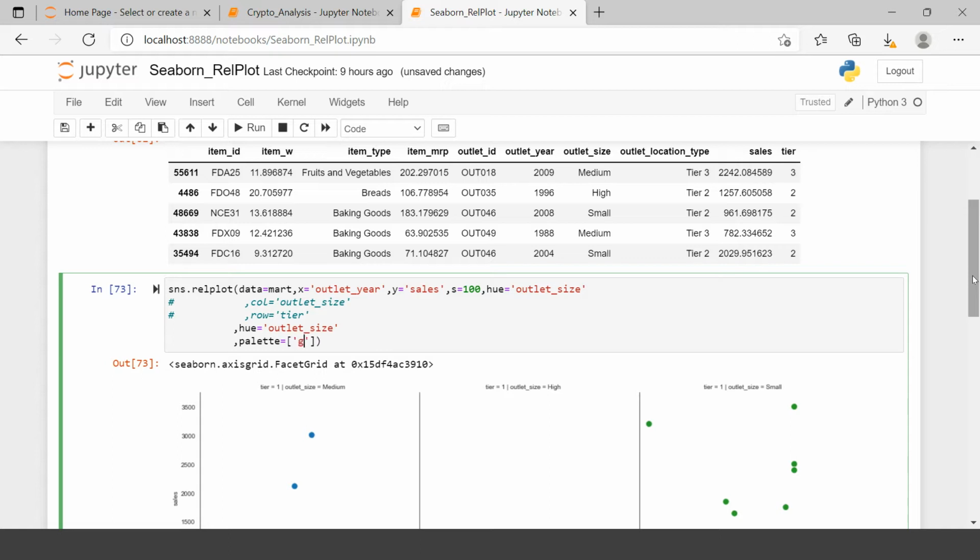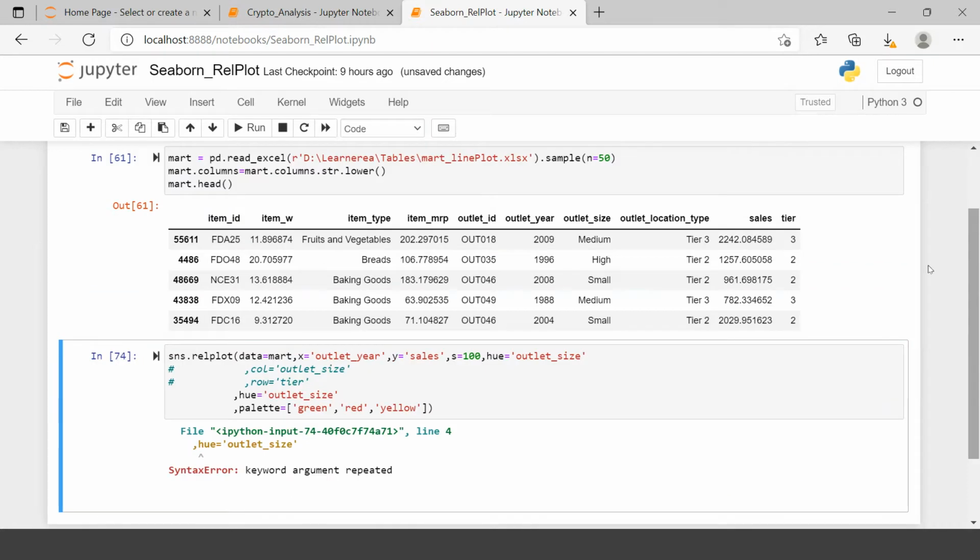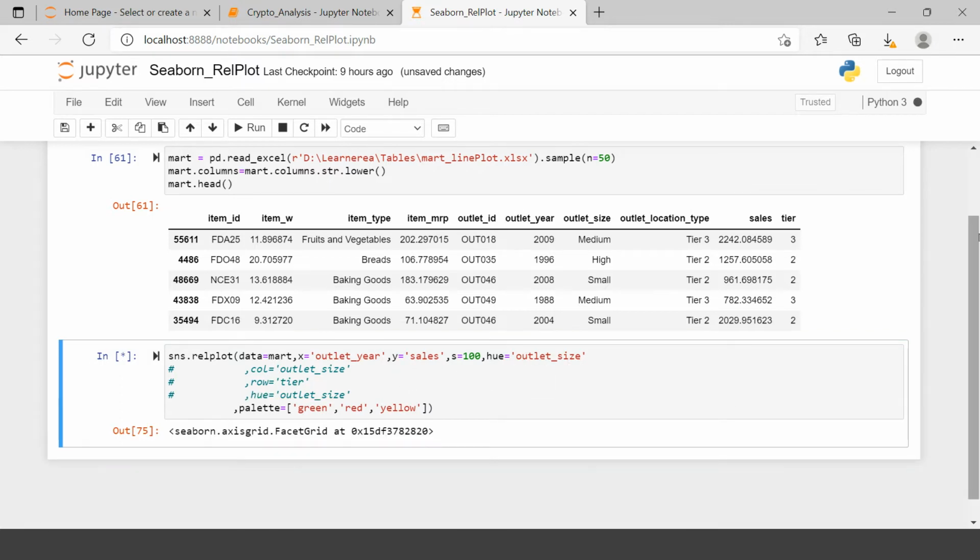Let's say I want green, and then red, and then yellow. Let's run this. Okay, there is some problem. Here we have already specified the hue, so we don't need to specify it again.